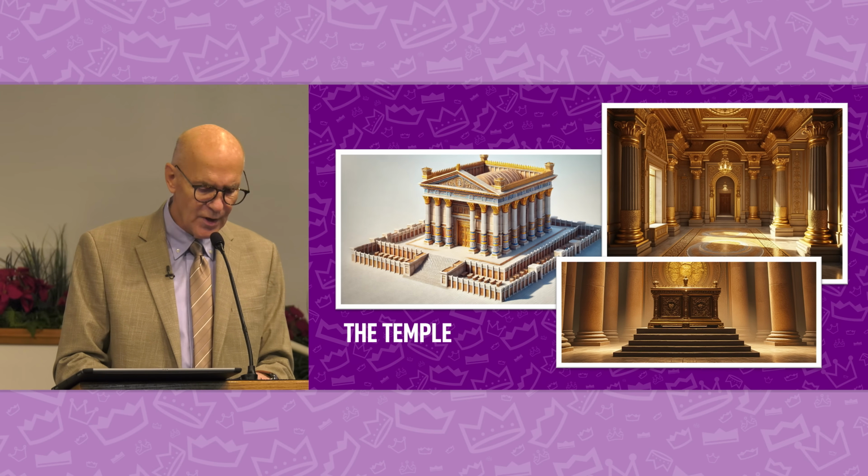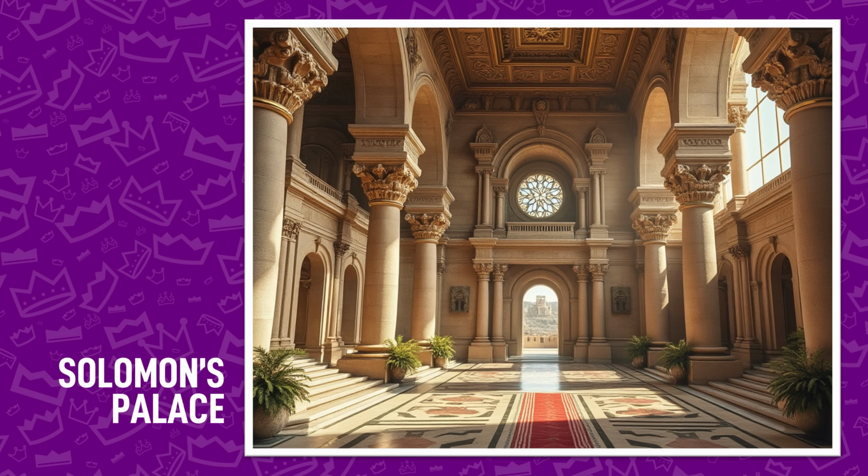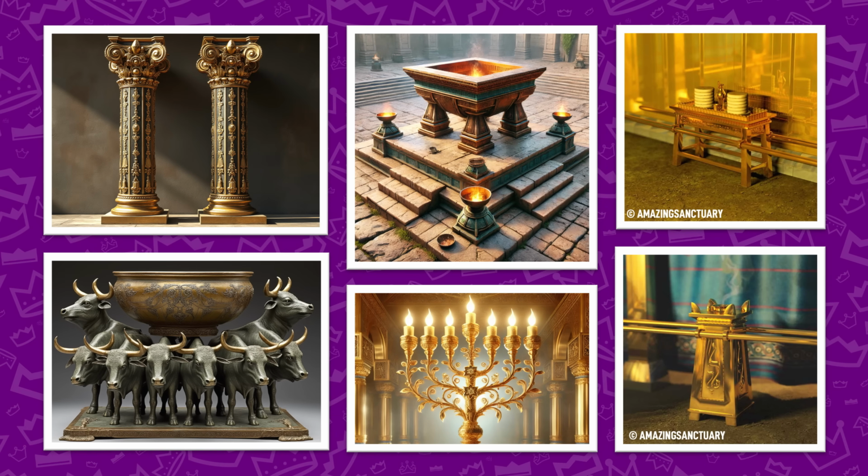In chapter 7, we have more information about additional buildings and furnishings. Solomon's palace. Solomon also constructs a royal palace complex, which takes 13 years to complete. This includes the Hall of Justice and a special house for Pharaoh's daughter, which he married. The chapter also details the craftsmanship of Hiram from Tyre, who creates many of the temple's furnishings, including the two